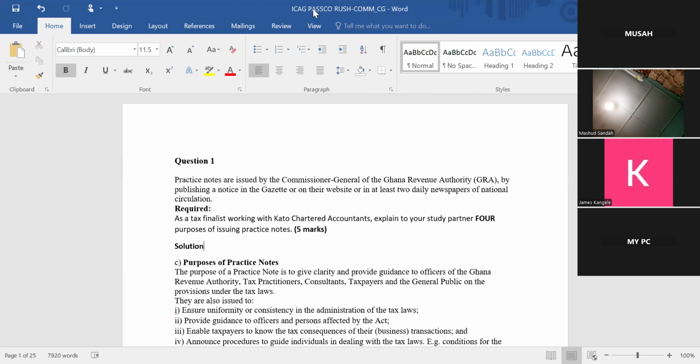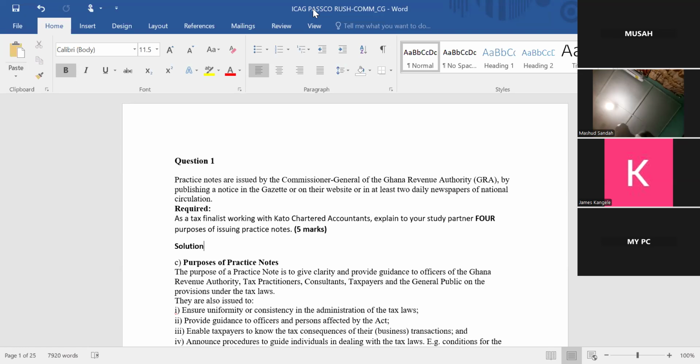If you check the ICA syllabus, that's the 2024 syllabus, which Prof did the syllabus walkthrough. If you check the advanced taxation, we're supposed to do something. I think the first topic has to do with communication with GRA, that's tax administration. And tax administration is very, very important. It forms 10% of the total marks that you'll be getting. So it means that 10 marks will come from tax administration.